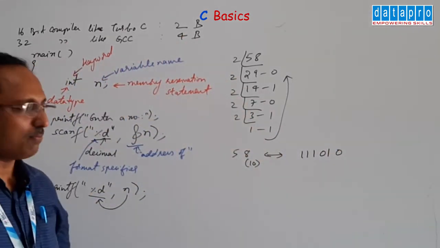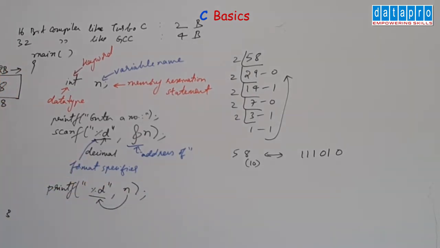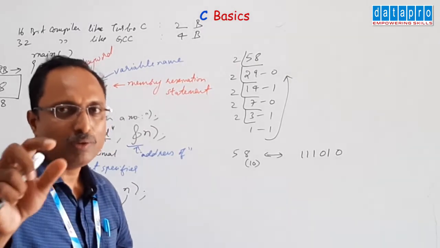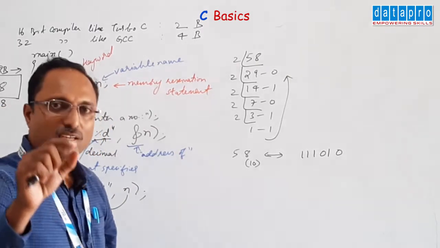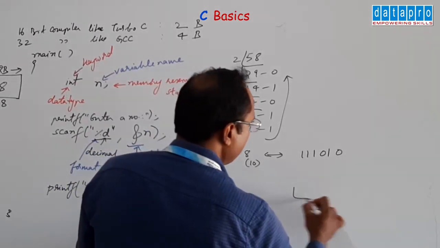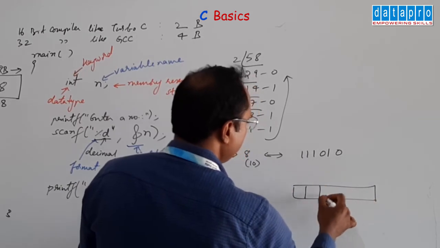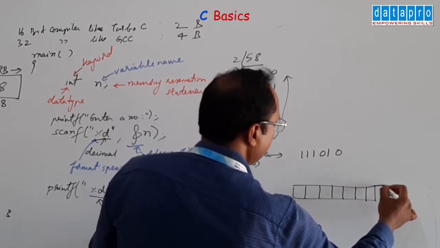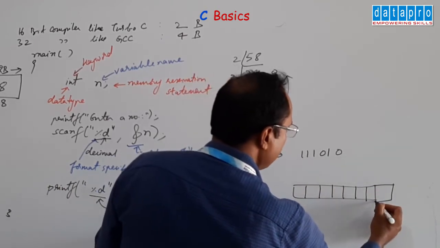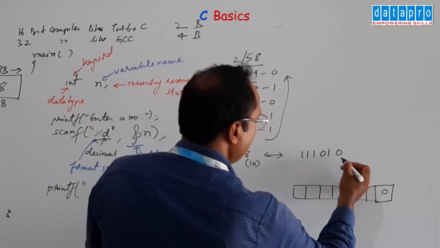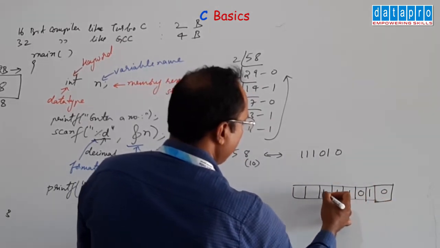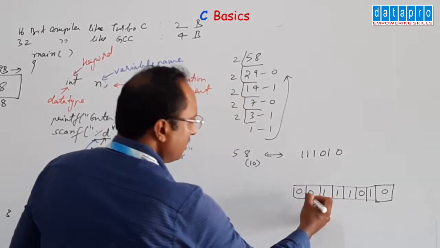Now how is it stored in RAM? I told you that in RAM it is stored in 2 bytes. So 1 byte means how many bits? A bit is the minimum memory unit. 1 byte is equal to 8 bits. So it is stored as 8 bits. Assume that these are 8 bits: 1, 2, 3, 4, 5, 6, 7 and 8. From the right hand side you have to copy down 0, 1, 0, 1, 1, 1. The remaining 2 bits would be filled with zeros. This is 1 byte.